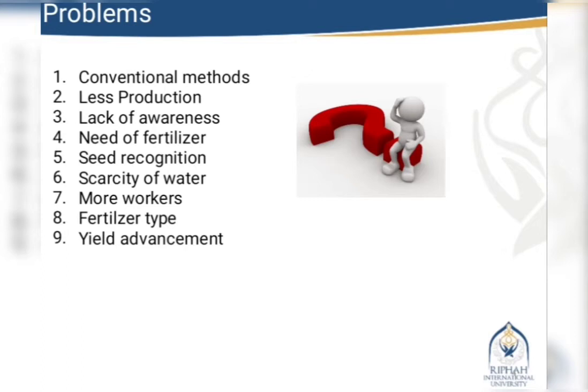For the problem statement, we have the use of conventional methods. By that, there is less production and a lack of awareness. The need for fertilizer can be known by our project using an NPK sensor, and the pH value can also be determined, and we can set the seed which can be used for a specified value of fertilizer, and the scarcity of